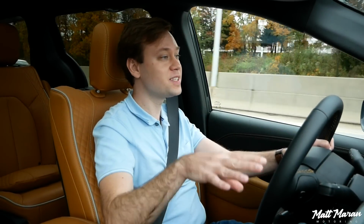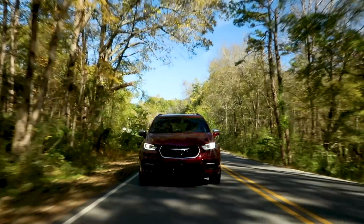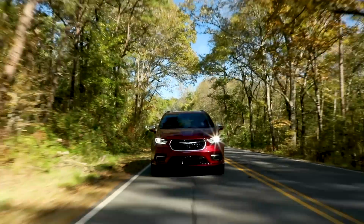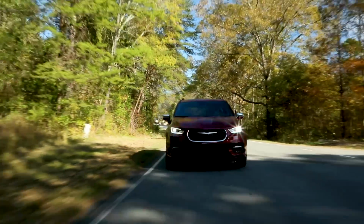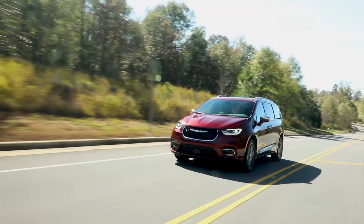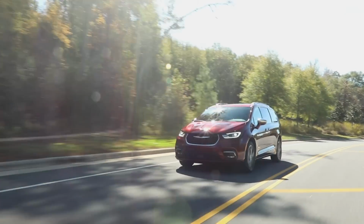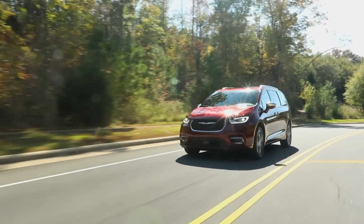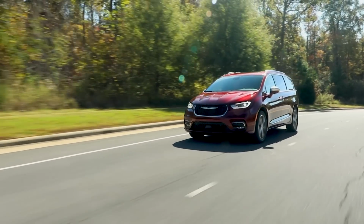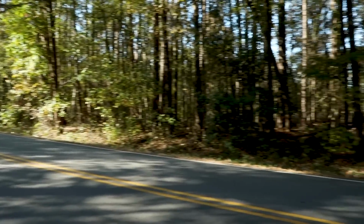But anyway, the last thing to mention is the pricing here in the Pacifica. So they are a little bit more expensive than some of the competitors. So this is starting for a front-wheel drive version at $36,500 roughly. And then if you do want all-wheel drive on these lower trims, it's about a $3,000 upcharge. As you go higher up, it gets to be a little bit less, like $2,500 more for all-wheel drive. But anyway, so for the cheapest all-wheel drive Pacifica, you're going to be looking at about